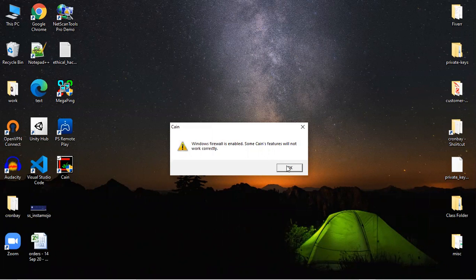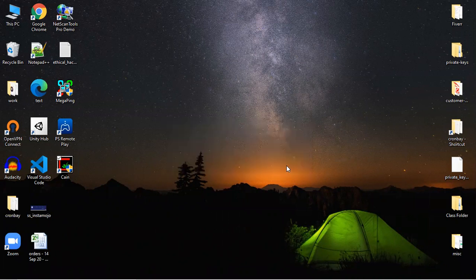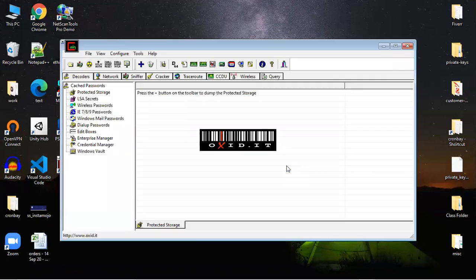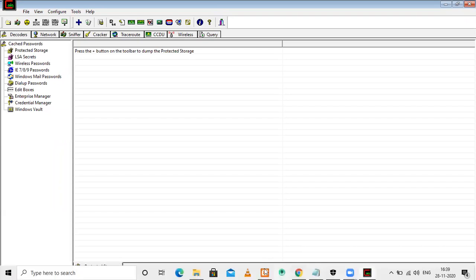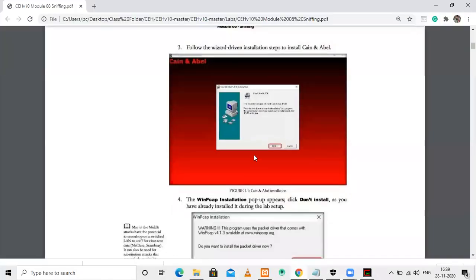And one more thing, if the firewall is enabled, you may find some issues because the firewall may block some connections. So you need to make sure that your firewall is disabled. Okay, now this is the software. As you can see, it has a Windows 7 user interface because it's not meant for Windows 10 and so on. The latest the version is, the less you can do with cyber security activities. So we always have to use some older version of every software and every operating system. Now we are in this dashboard. Let's go back to our module and see what we need to do.